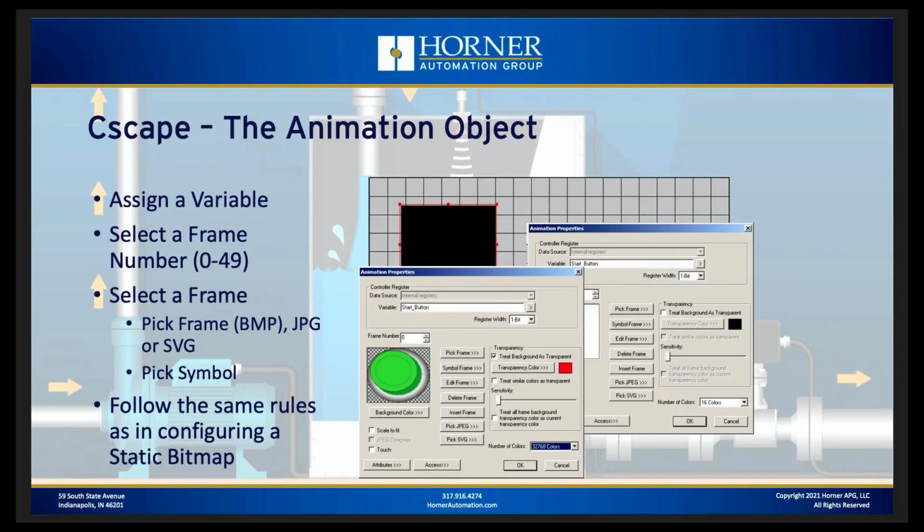And then once you've done that and selected that particular image, you're going to follow the same rules we've talked about in terms of color depth and transparency and all those things to make sure that that particular frame is going to look the way you want it to look when the variable is of that value. Okay, and then once you've finished programming and configuring frame number 0, then it's a matter of configuring